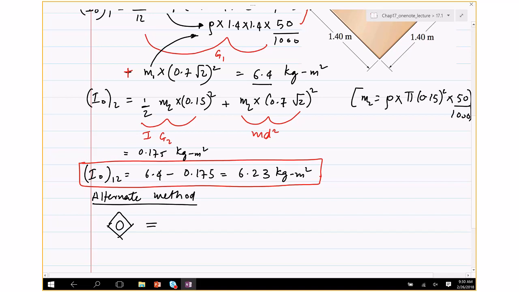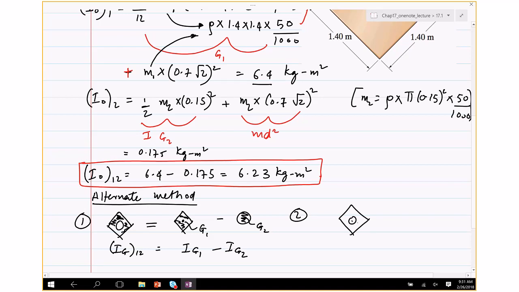You take the geometry you're looking at, you find the inertia about G1, subtract it from the inertia about G2, so IG12 is IG1 minus IG2. That's step number one. The second step: IG12 is known. Now, in order to find IO12, you do IG12